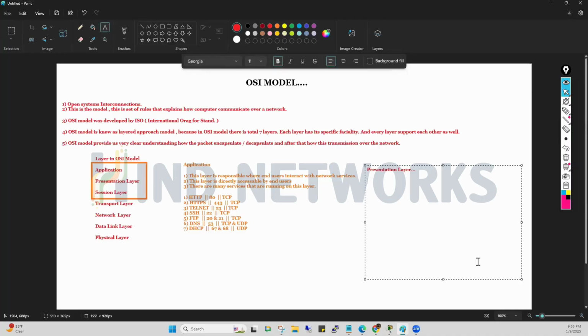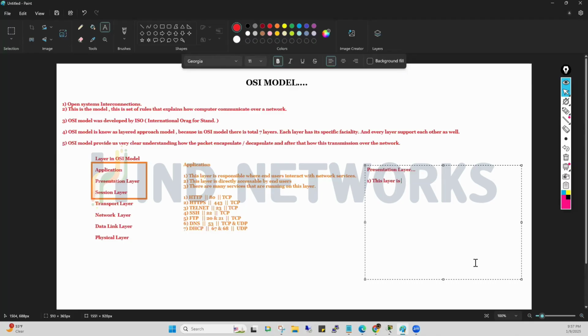The solution is whenever your packet reaches layer number 6, which is called the presentation layer, at this layer your packet will be converted into the standard format, so the complete network can understand your packet. Clear, guys? Everyone? Yes or no? So the main thing you need to understand about the presentation layer,